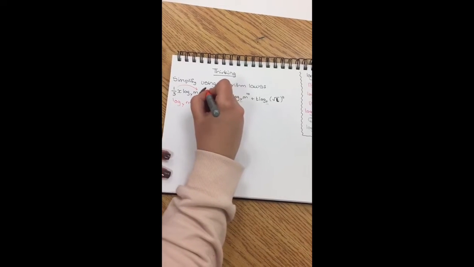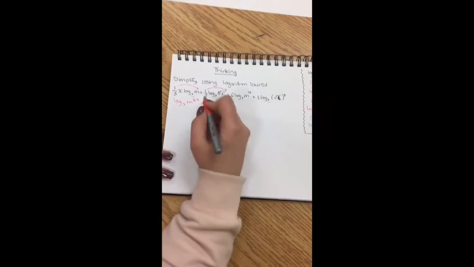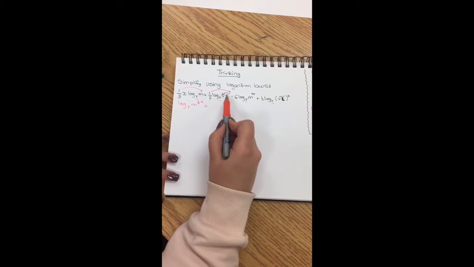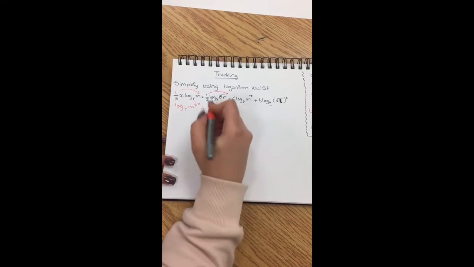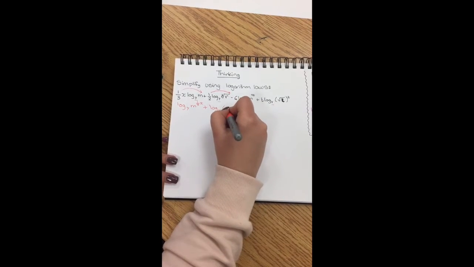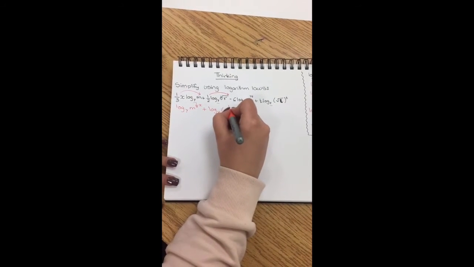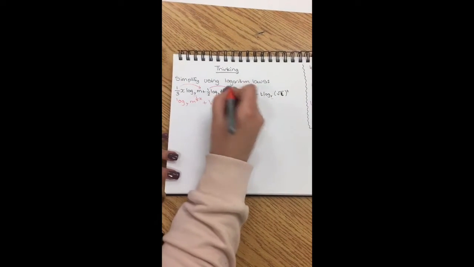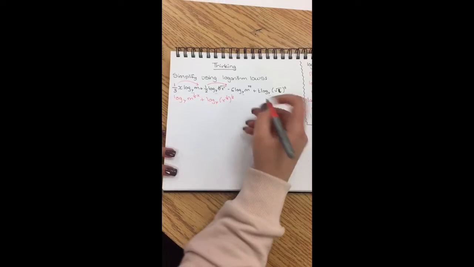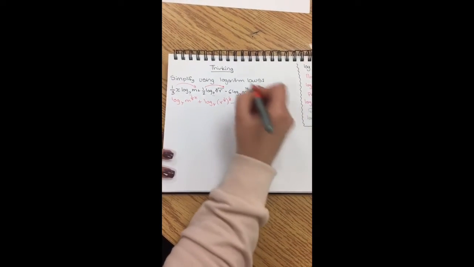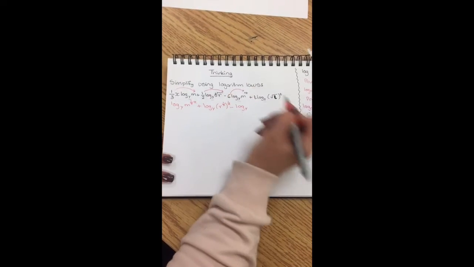Plus, we're going to move our 1 over 2 over, but before we do that, we're going to change our cube root into 1 over 3. So it's going to be log base y of bracket r to the exponent 1 over 3, which is the same as cube root, and then our 1 over 2 here,